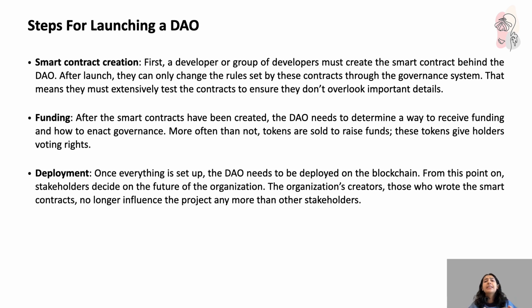So developers are writing the smart contracts that define how the DAO is going to operate, how the DAO is going to behave, how voting is going to work, and what the organization can and cannot do. And then comes the important part. Once the DAO is launched, you cannot change the rules whenever you want or whichever rules you want. Any change has to go through the